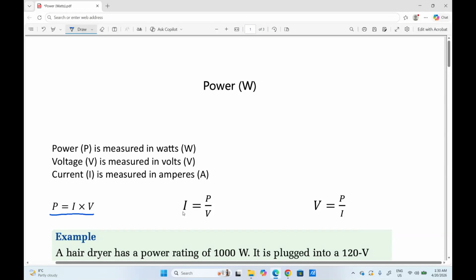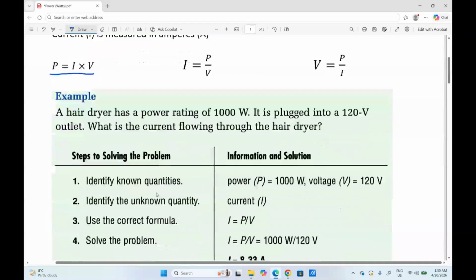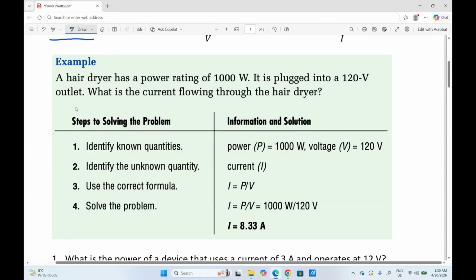However, if I'm looking for current and I have power and I have voltage, I can find current. And if I'm looking for voltage, but I have power and current, I can find the voltage by just applying the calculations. So in this example here that's already done for us, it tells us a hairdryer has a power